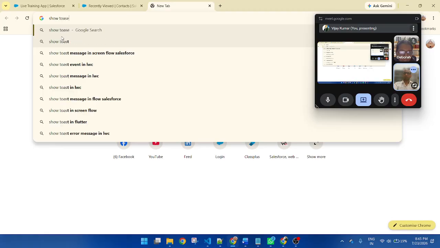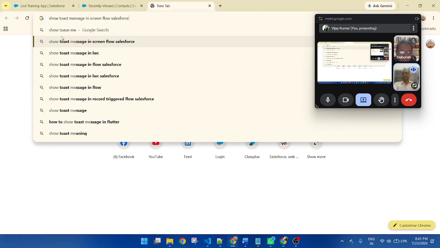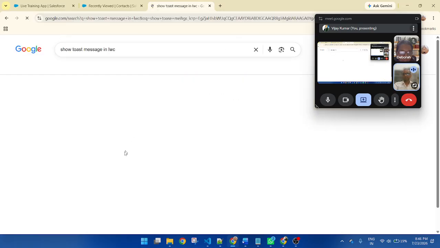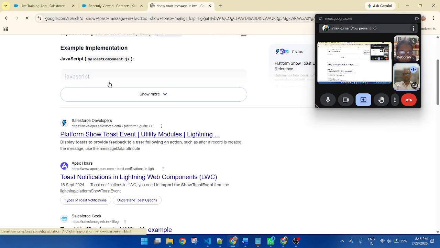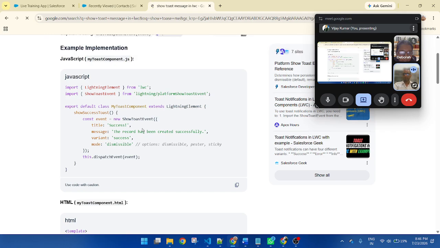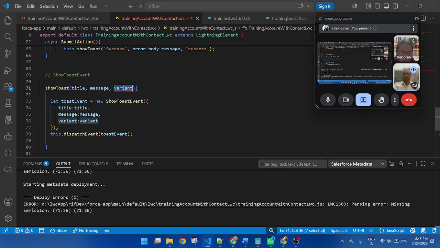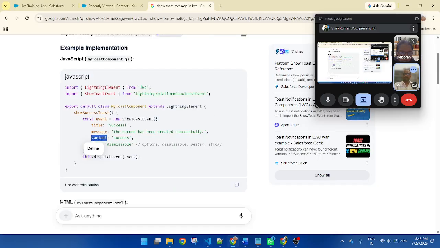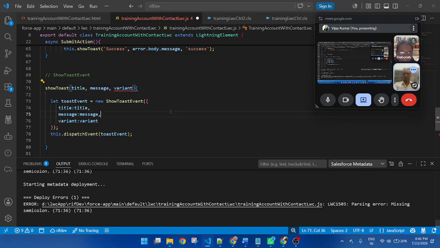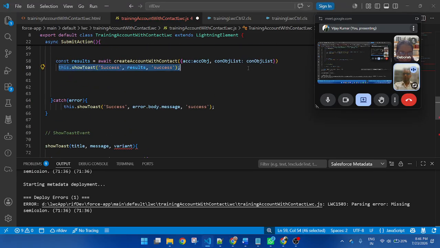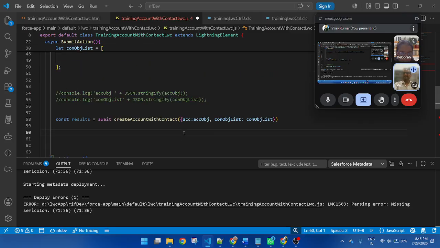So toast message LWC. Variant. Same support. I am commenting this, I am not using this one. I am directly creating a function here.